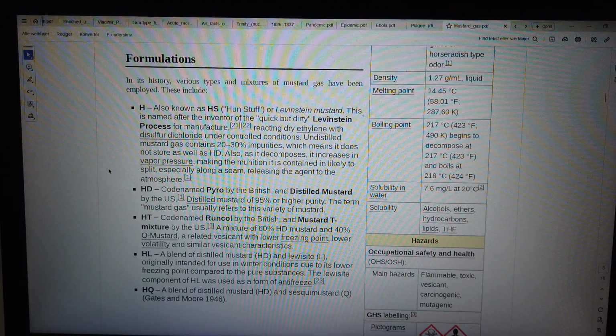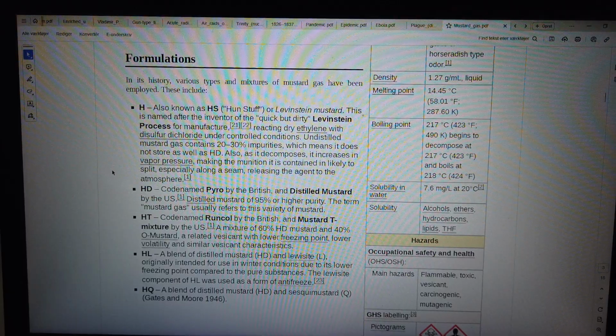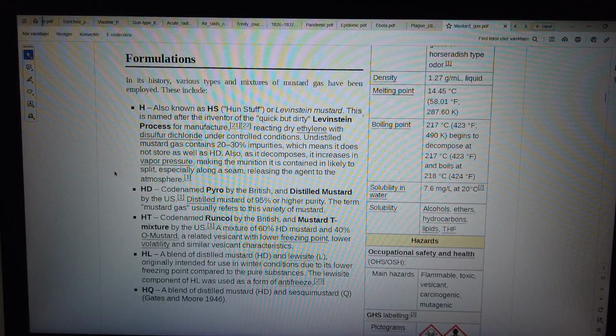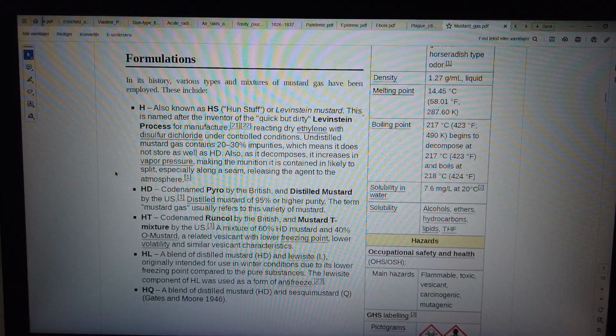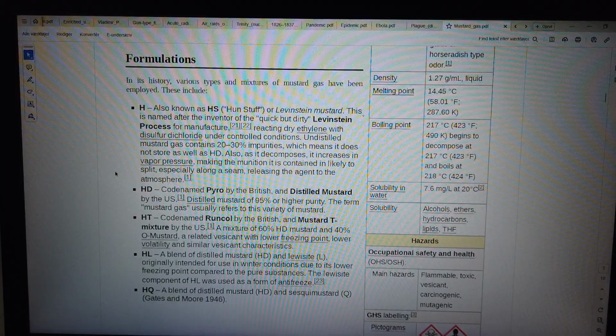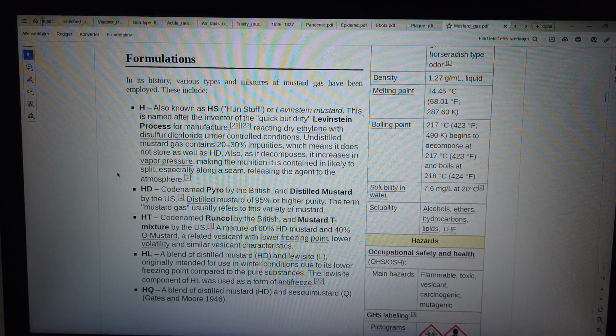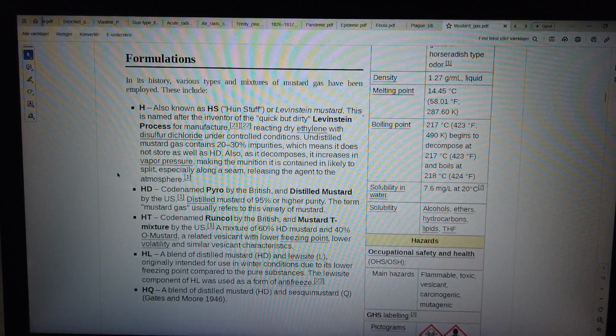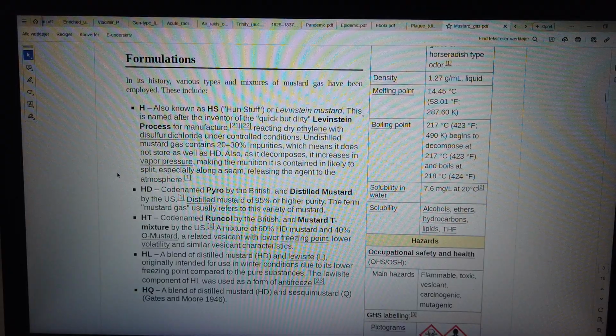HL, a blend of distilled mustard, HD, and Lewisite, L, originally intended for use in winter conditions due to its lower freezing point compared to the pure substances. The Lewisite component of HL was used